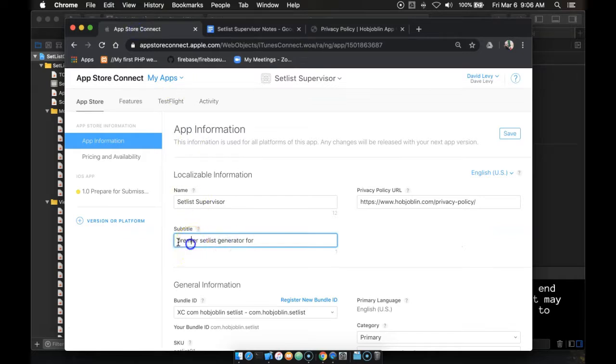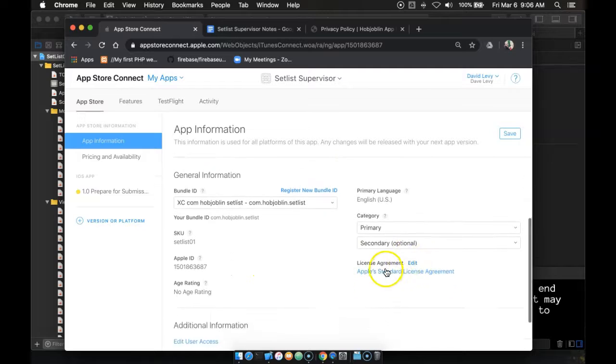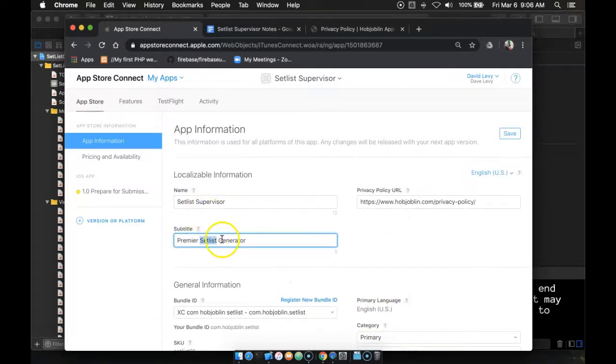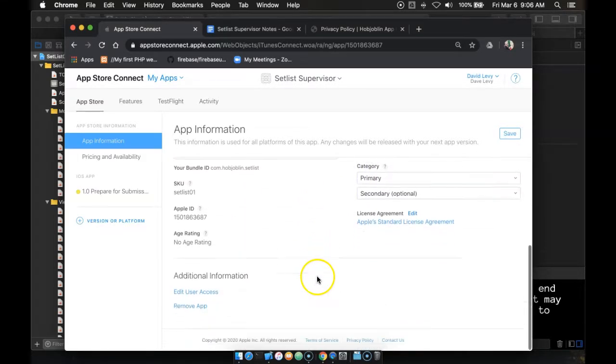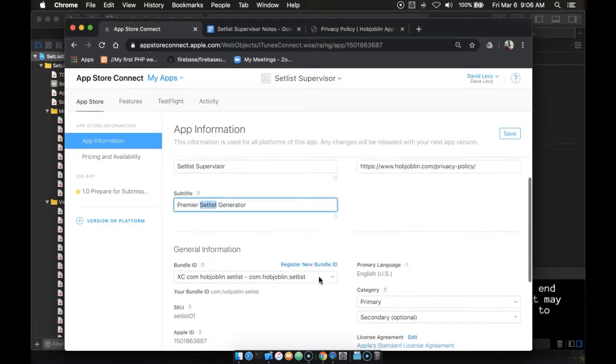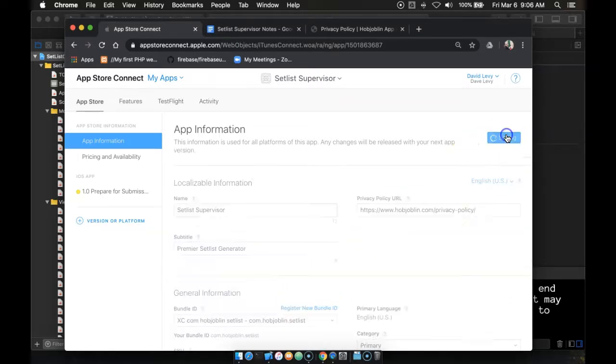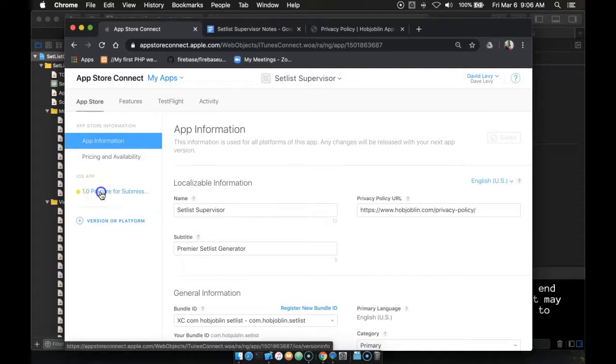This kind of stuff you can customize to your heart's content. And so premier setlist generator. Let's do that for now. And typically, sometimes you don't want the same word here and there, because you want to optimize your search. So I might look into fixing that. All right, I'm going to click Save now, and that'll save what I've done here. Now, click down here,